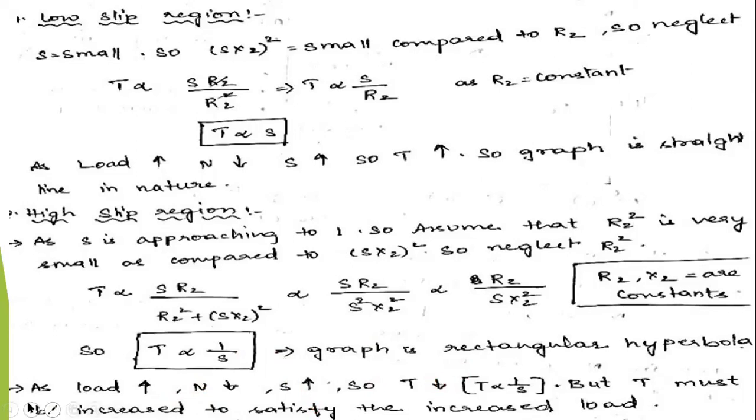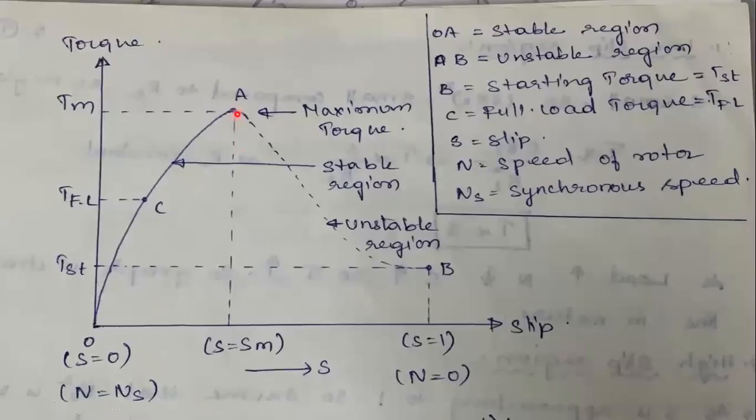So after attaining the maximum slip value, once the maximum slip is attained, the induction motor cannot withstand the load any further. As the slip increases beyond the maximum point, torque will be decreasing here. As the torque decreases, speed decreases. As the speed decreases, slip increases. Again, it decreases the torque. And finally, this is the unstable region.